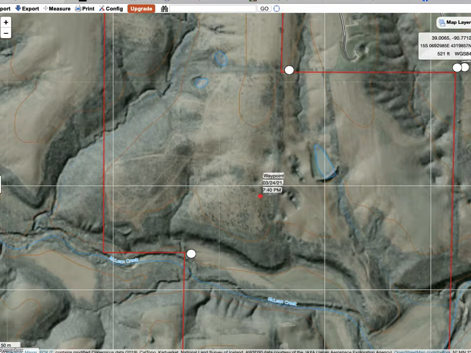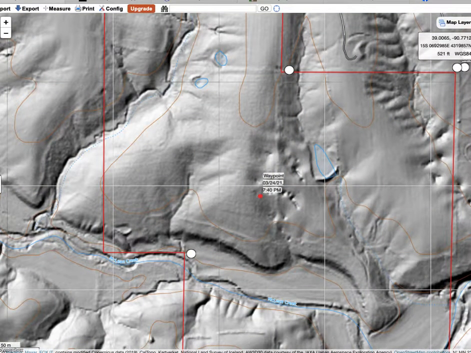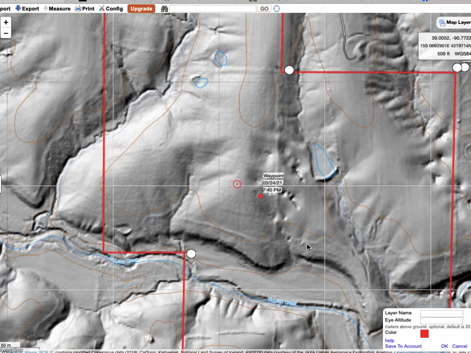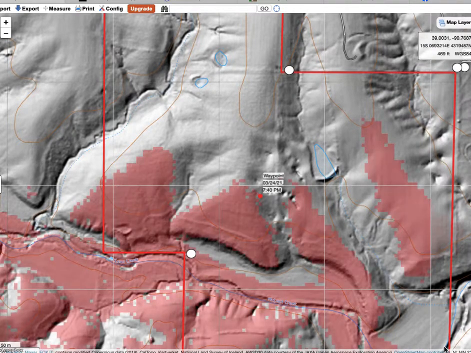So we got to be careful that if we know deer are bedded there with a north wind, this looks like it's probably an access road here, I'm sure. We got to make sure we're not driving that access road if they can see that. One tool we have to see if those deer can see us when we're using that area is if I pull this viewshed tool down to right here, put it at a deer's bedded height, hit OK. Whatever turns red is what the deer can see when we access there. And you can see if we drive that access road, we're blowing up all these deer